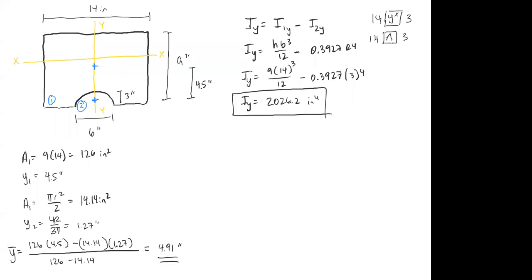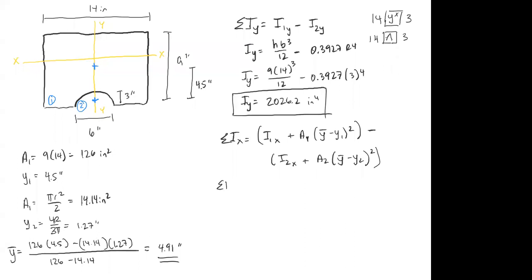In the X direction, we're going to say the sum of the i's in the X equal I1X plus A1 y bar minus y1 squared, minus I2x plus A2 y bar minus y2 squared. Sum of the i's in the x. Well, in the x direction, we have bh cubed over 12. I don't really feel like writing that down, so I'm just going to go with it. bh cubed over 12. So the base is now 14 times the height, 9 cubed over 12,